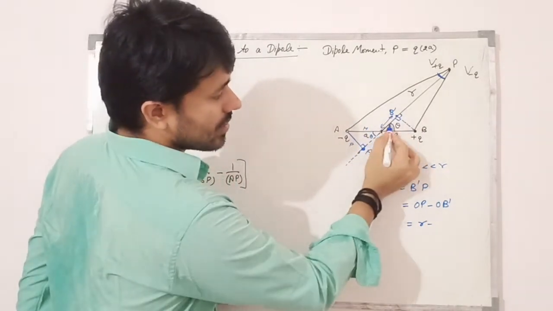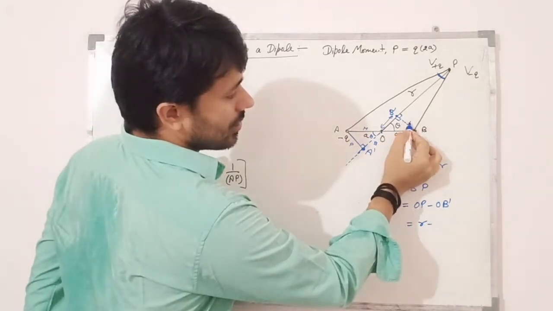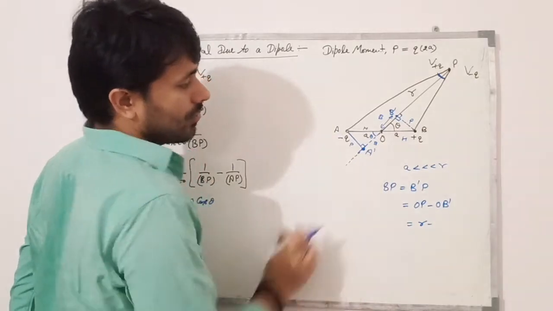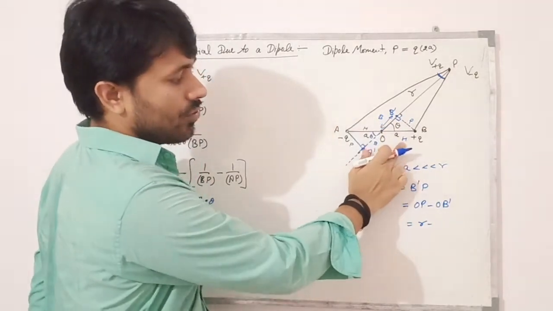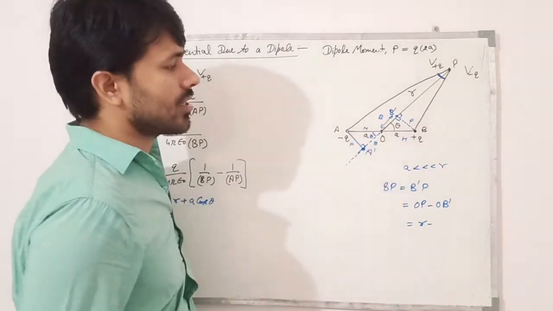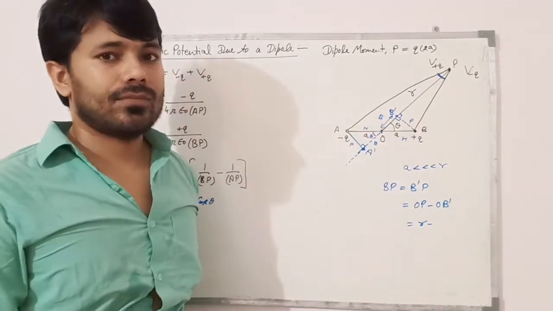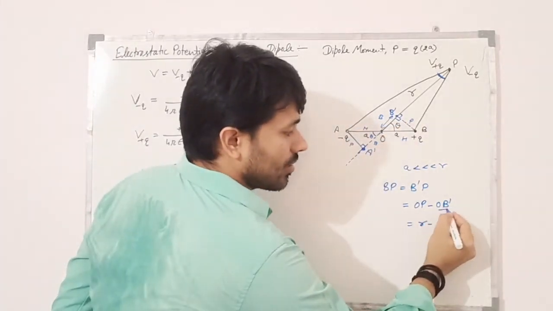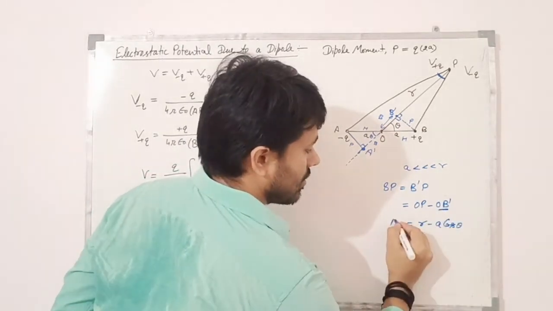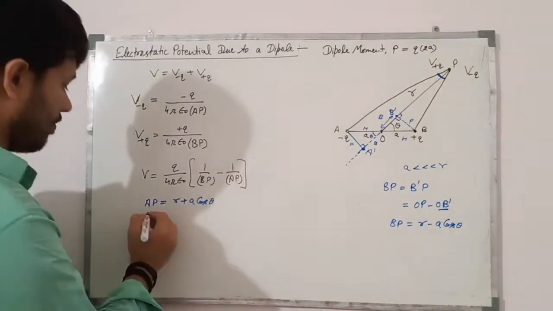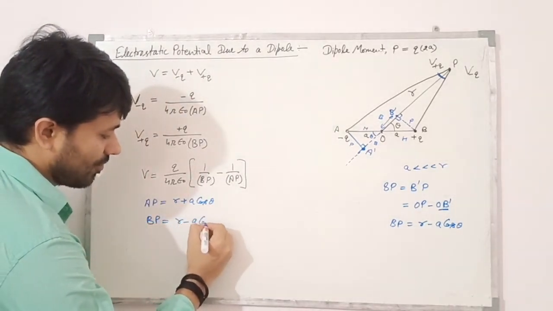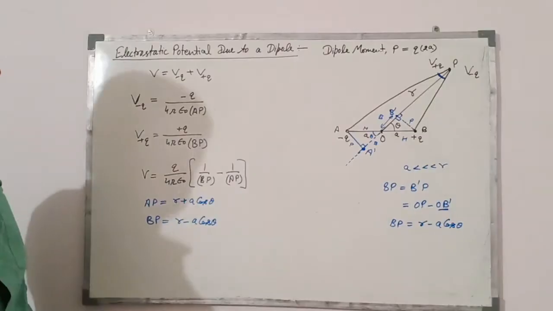So from this right angle triangle, this is theta. So this is perpendicular, this is hypotenuse, this is base. So we have to find out base and we know about hypotenuse. This is what? A. So B by H is cos theta, A that side means A cos theta. Similarly, what do we have for OB dash? A cos theta. This is what? BP. So what is BP? BP is R minus A cos theta.